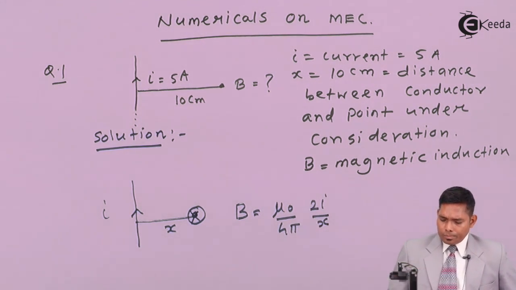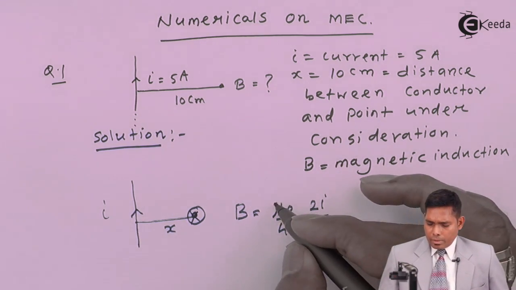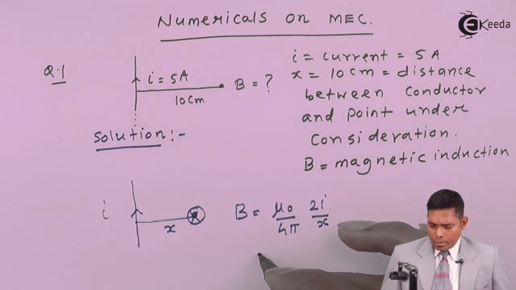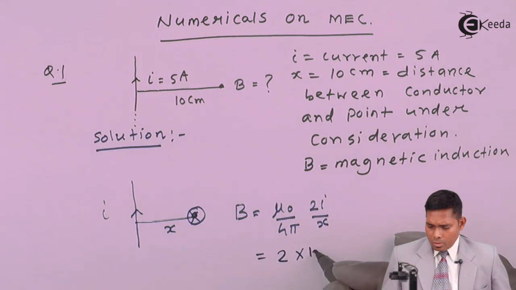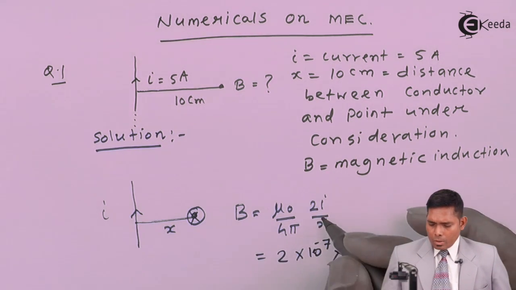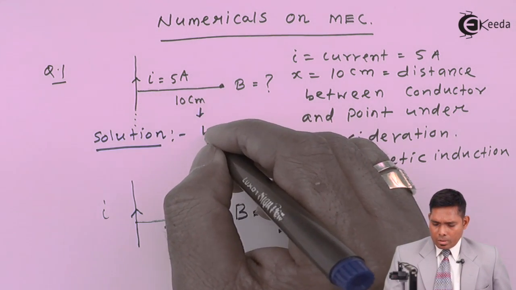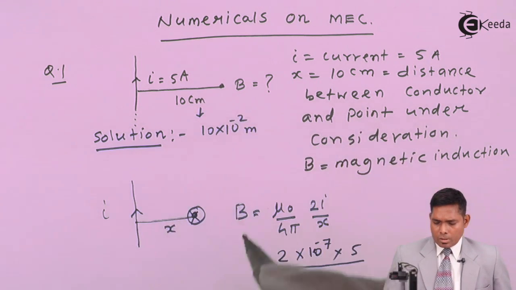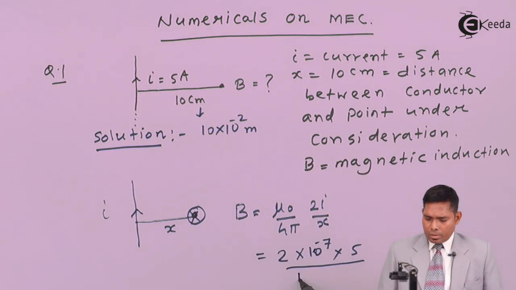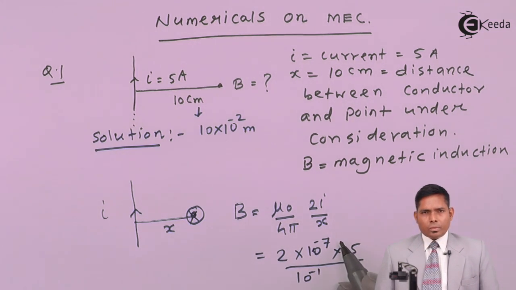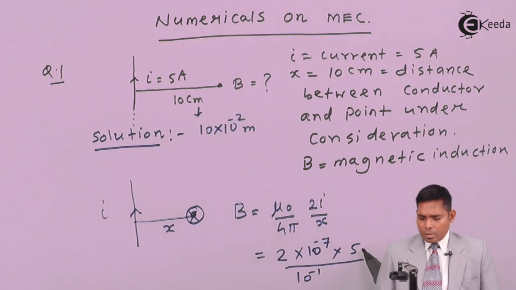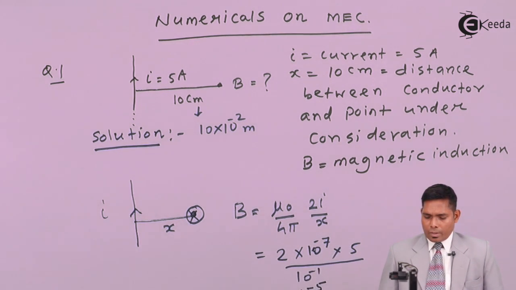This is the formula. So we know that mu naught upon 4 pi is 10 raised to minus 7. So this is 2 times 10 raised to minus 7 into I, that is 5 ampere, divided by the distance, that is 10 centimeter. The distance is in centimeter, you have to convert it into the SI system. So this 10 centimeter becomes 10 into 10 raised to minus 2 meter, which is 10 raised to minus 1. This goes up as 10 raised to plus 1. So the answer is 10 raised to minus 5